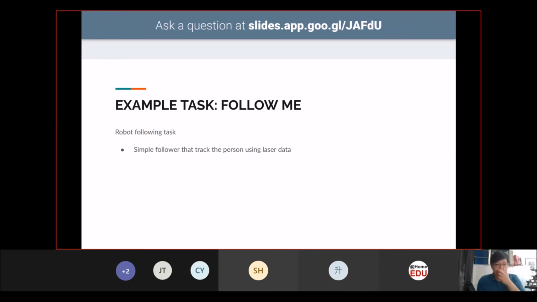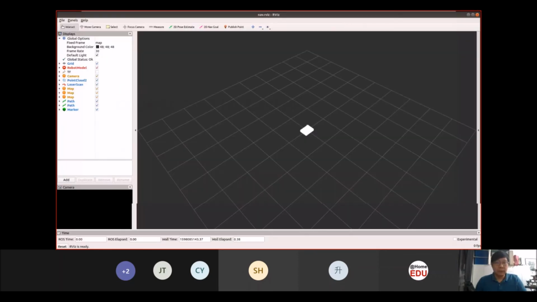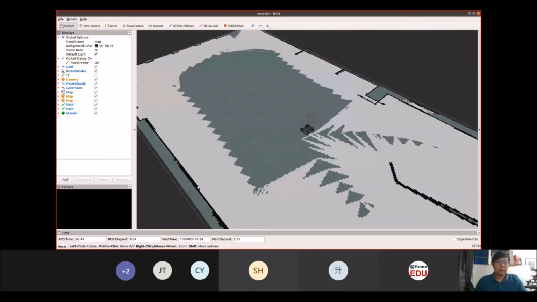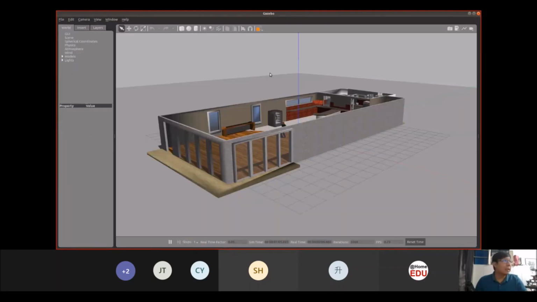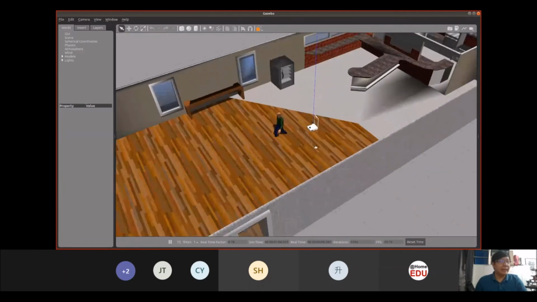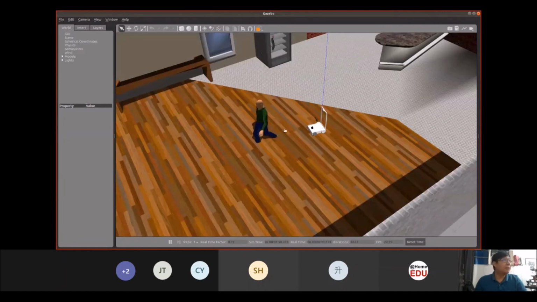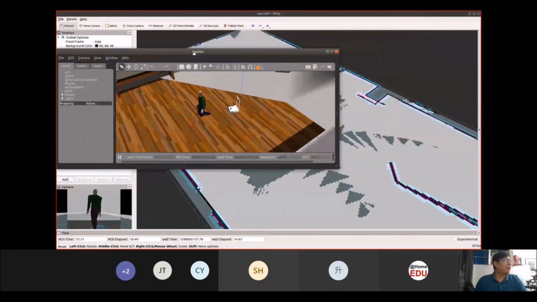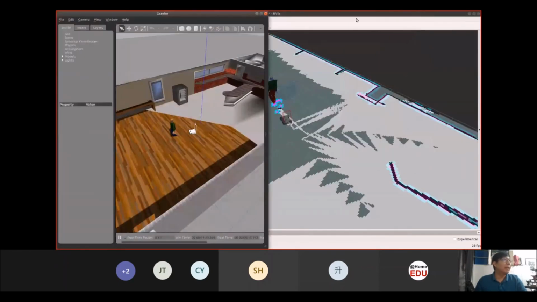So let me just launch the simulation itself. This is a pre-mapped environment that we have. As you can see, this is the robot itself. I have a very slowly walking human over there.